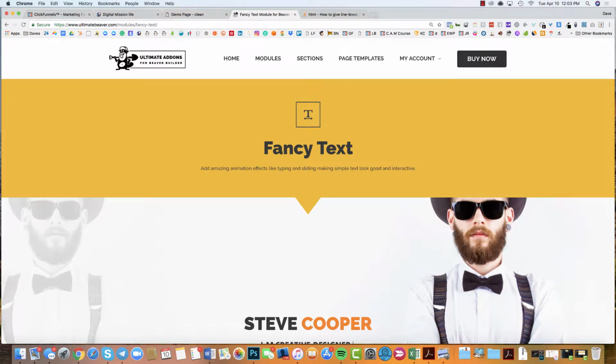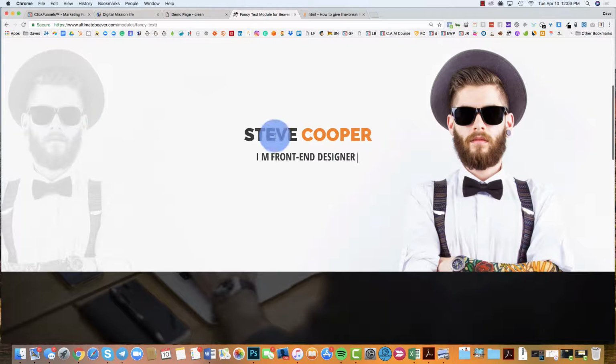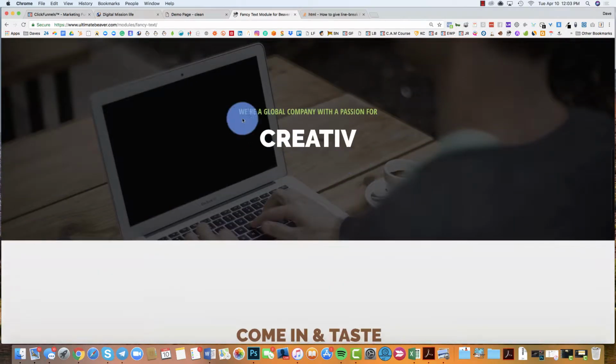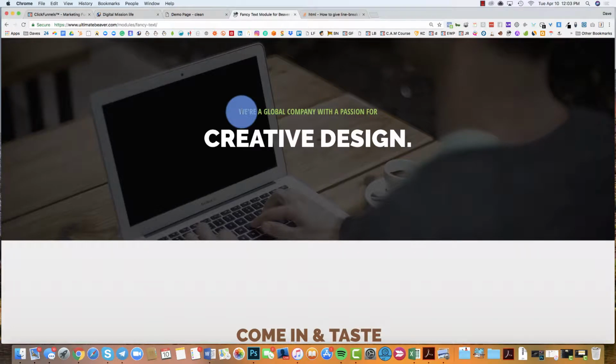All right, this module is fancy text. So if you want some text similar to this feature, typically you would have a couple of words up there on the top, and then you have this dynamically changing text underneath. So it's really good if your company offers different services. You can see, you have what you kind of offer, and then underneath you can have the text dynamically changing